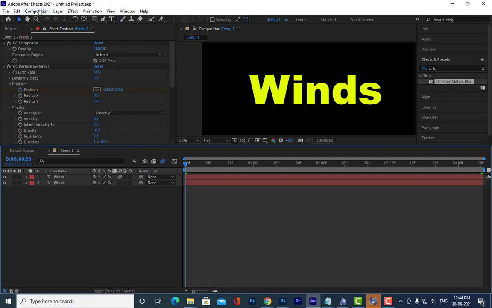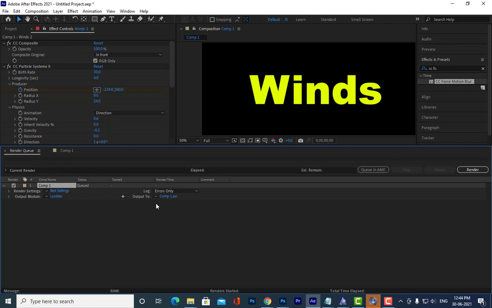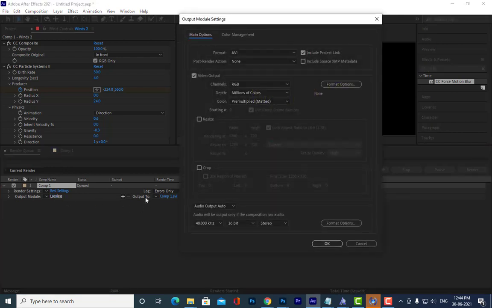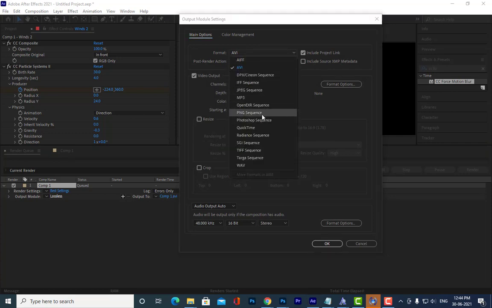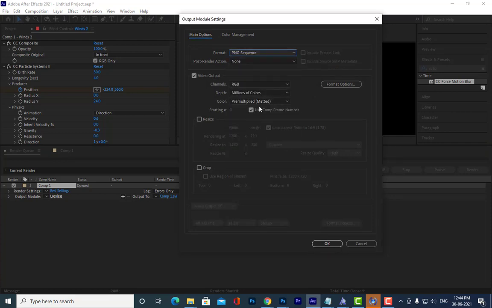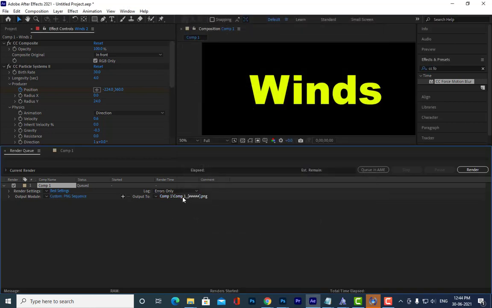So we will just go to composition, add to render queue. Okay. So I think it's taking time. Okay, right. Then what else will we do? How to render? Tell me. So PNG sequence, and then we'll use RGB plus alpha. Okay, then we'll go to a particular location.